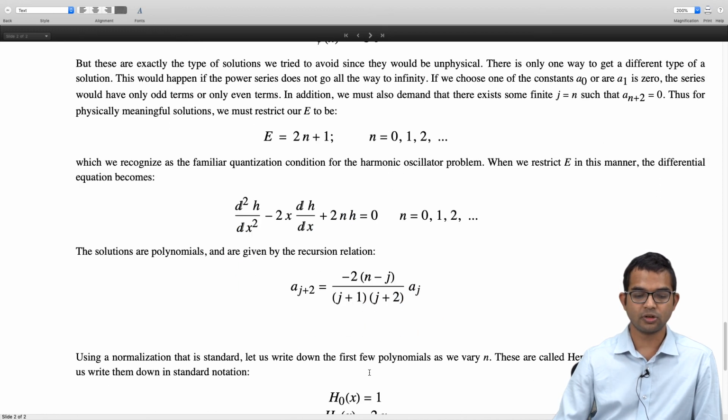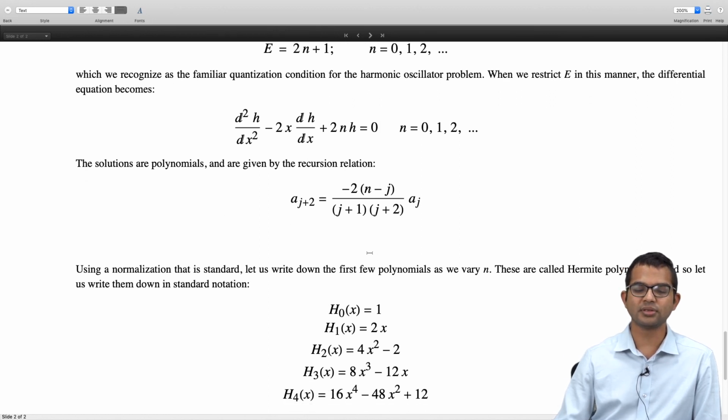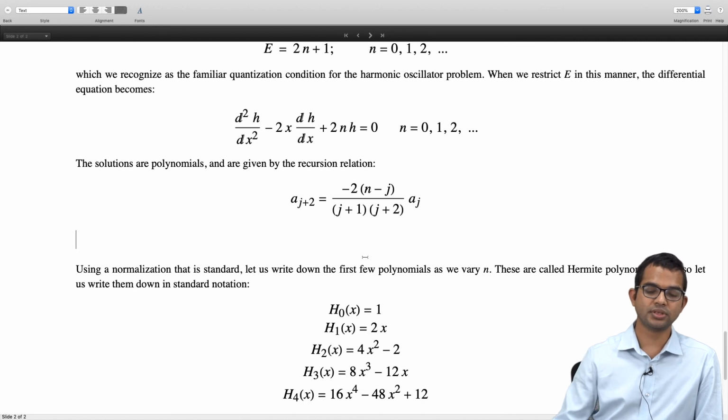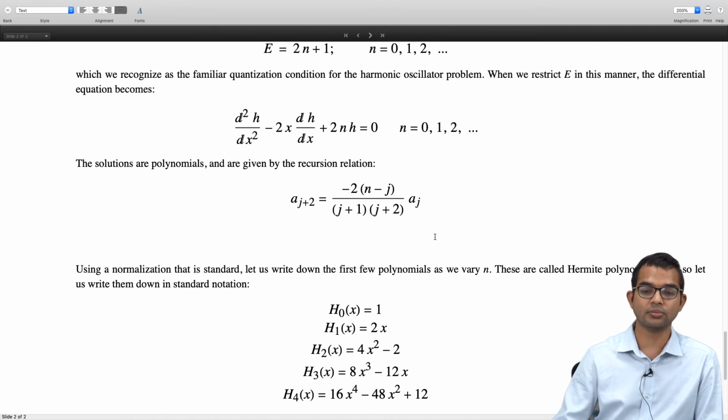So the set of polynomials which are obtained for different values of n, right? So this is a well-known set of polynomials. These go by the name of Hermite polynomials, and they have some convention which gives them certain special factors, right? So I have just put in those factors involving some factorial n, and you can look this up, right?